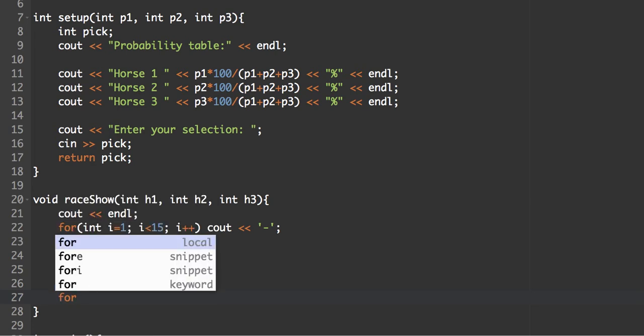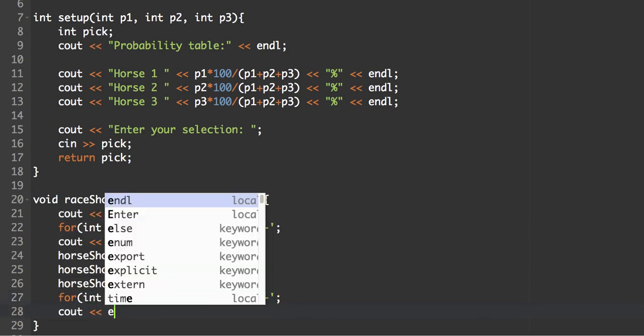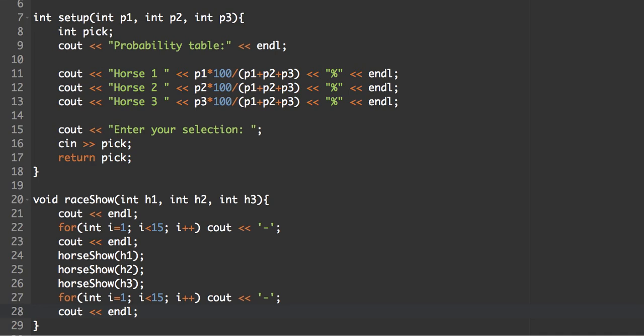So for, oh, you know what, why am I retyping it? I can just copy paste. Okay, and then we'll cout endl when we're finished. There we go. Okay, so what I'm going to do there is I'm going to be showing the horse race,